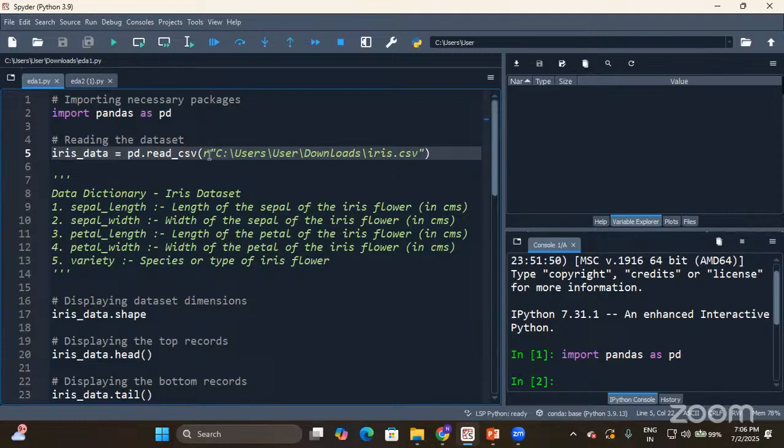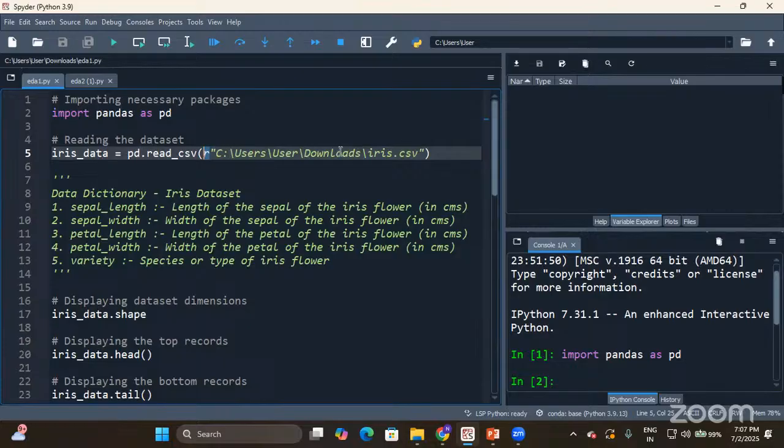Within the function, we are passing the path. This is the path at which I have the CSV file in my local machine. The r in this line does not represent read.